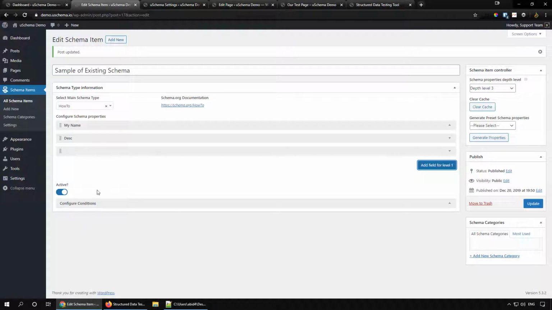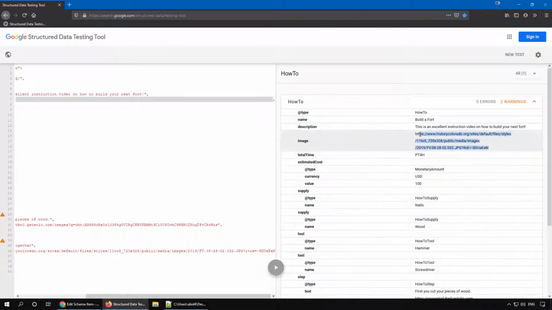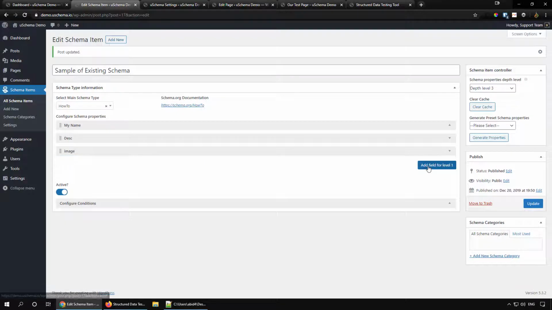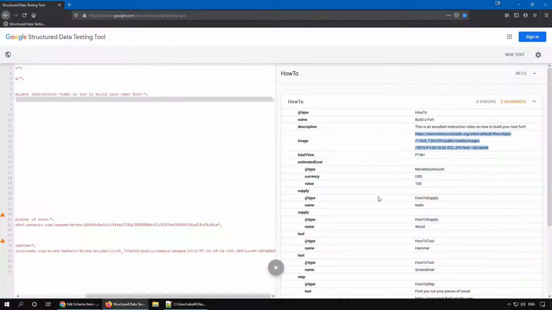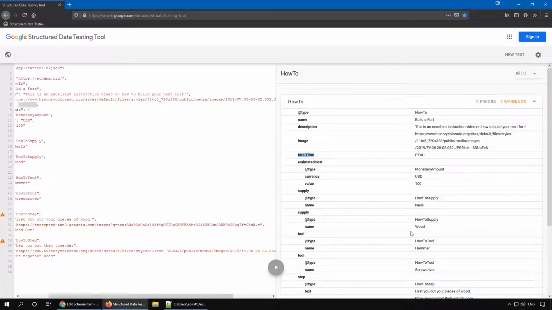The next item is its image. So let's just add the image. Okay, and for image its value is like this. And let's add the fourth value, that is our total time. So let's just add a total time. You remember I'm just pasting the label same here, but it does not need to have the same label. So let's just copy these values,